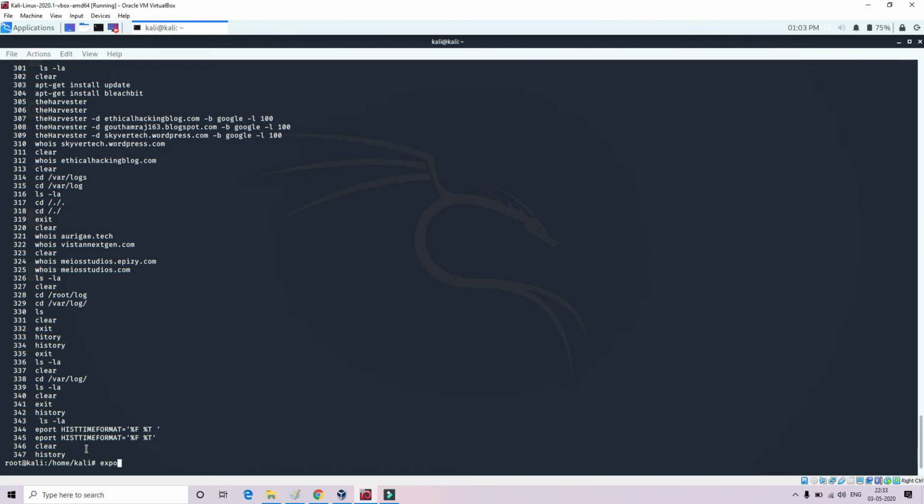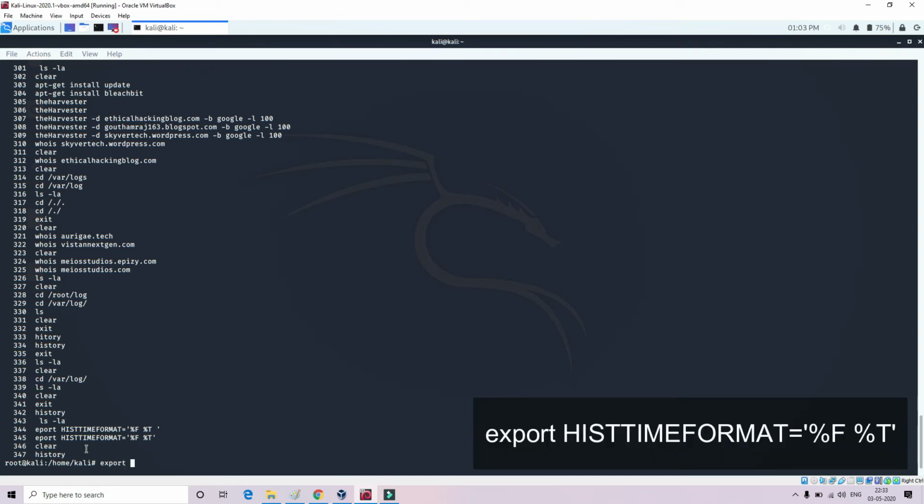Yeah, that was a spelling mistake. Enter this command, export. Enter this command to view the time format of the history file commands which are being stored.